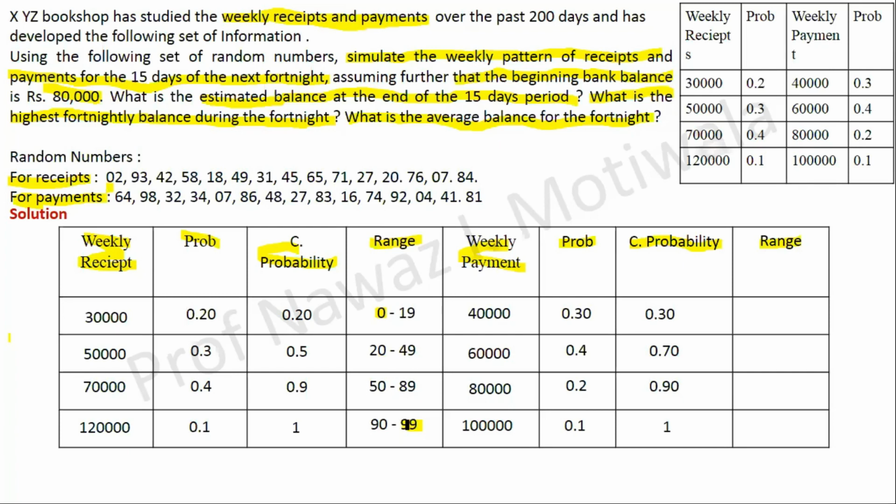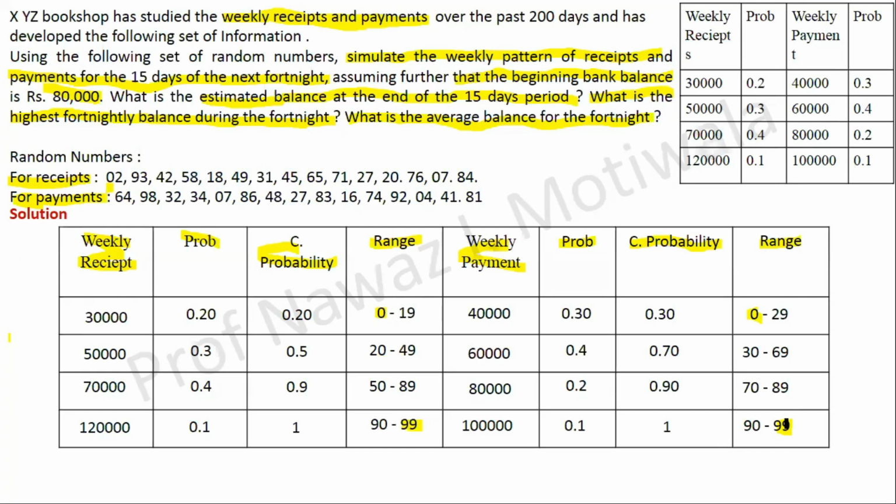0 to 29. Okay. 30 to 69, perfect. 70 to 89, yes. 90 to 99. Perfect. Good. So we started again. You can see we started from 0 and we ended up at 99, covering all the 2-digit numbers below 100.